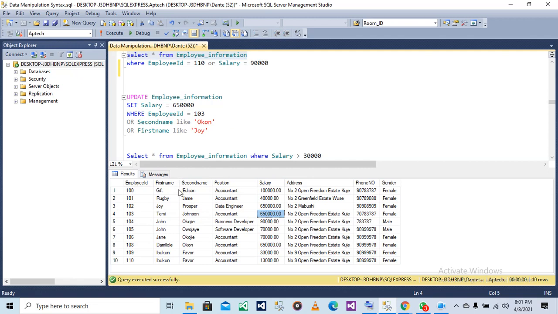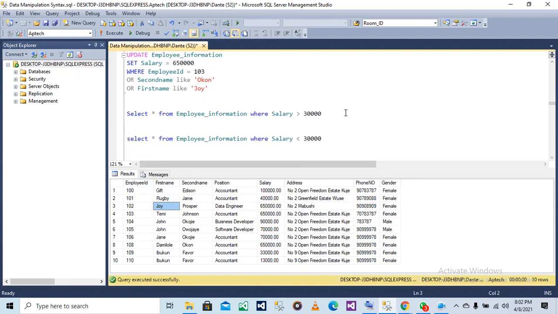Anyone who has second name of Okon, yeah, 108, the employee with second name of Okon has 65,000. Then first name like Joy, okay, this is it. You can see their salary records have been updated to 65,000.